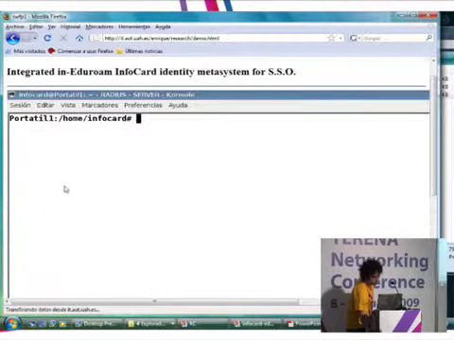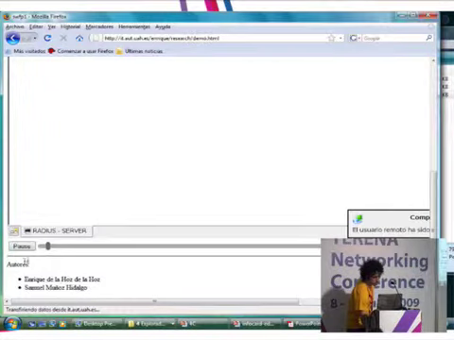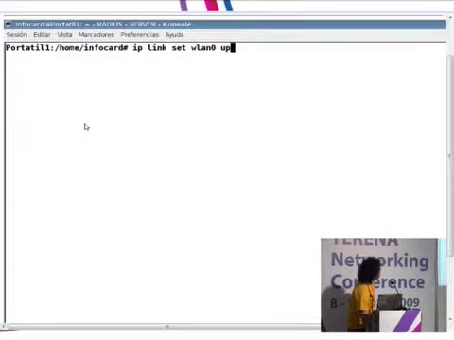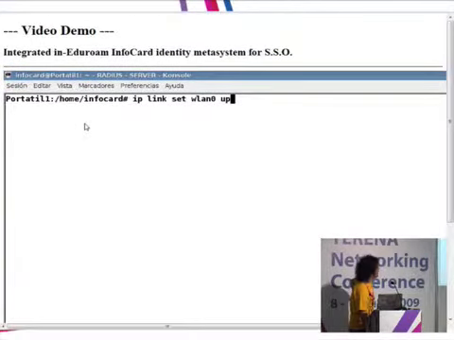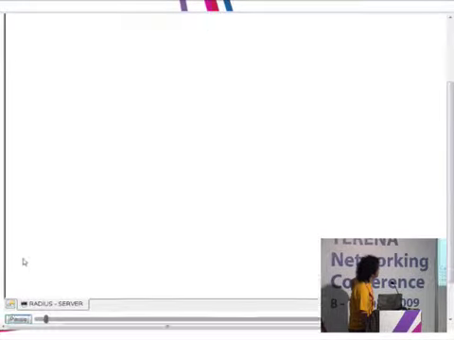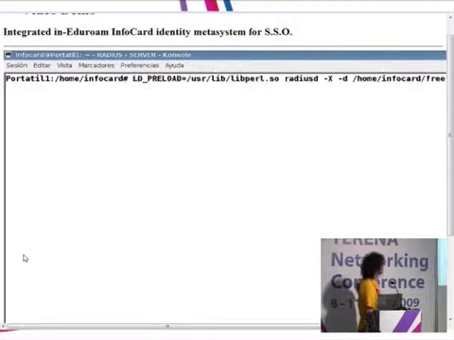Well, the first thing is it's an all-in-one demo. We are just setting up